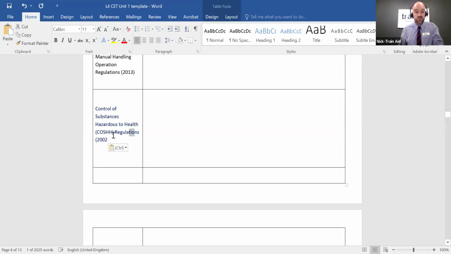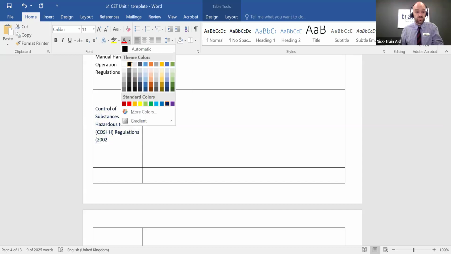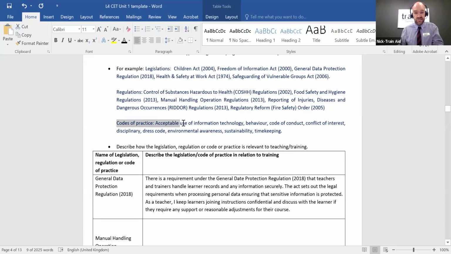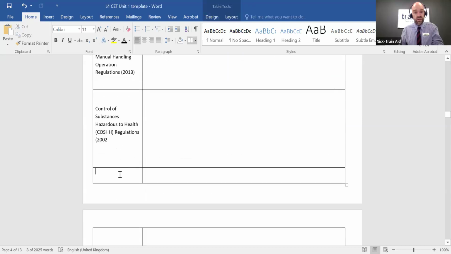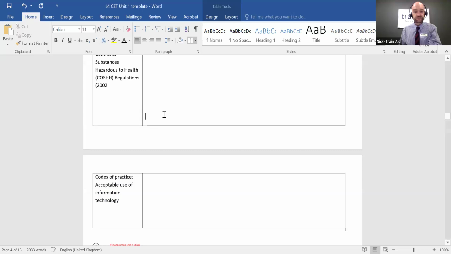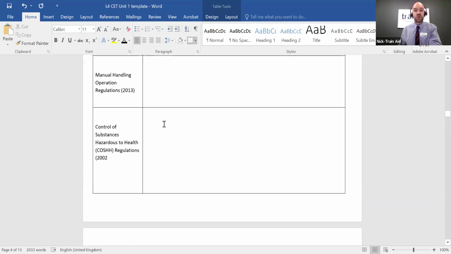And I will go for one more as well. Let's go for codes of practice, acceptable use of information technology. Okay, so I've got a blend of different legislations, regulations, and codes of practice. So I'll just explain about the ones I've chosen.